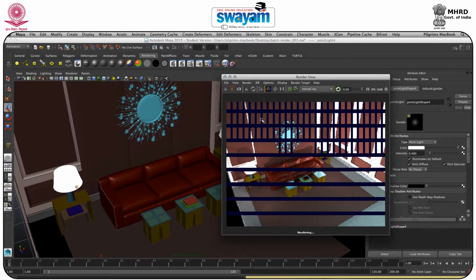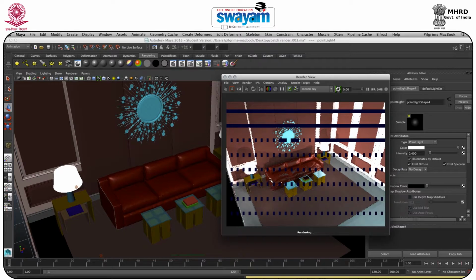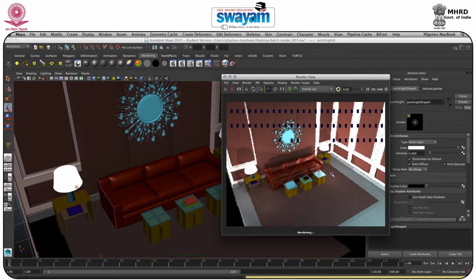Okay, now what else do we require? We need a camera, so I will just go to create, and here we have the camera, and I will go to a camera. So we have a camera here, so I will just move it here and just change my panel to camera 1, as you can just use your camera like this. And so right now we are in camera view,